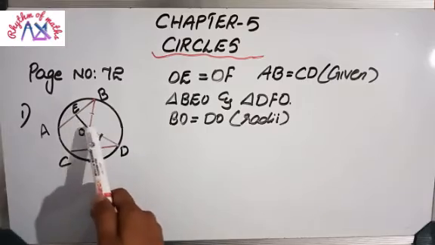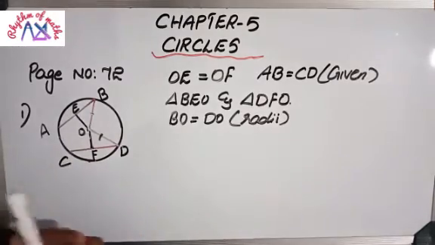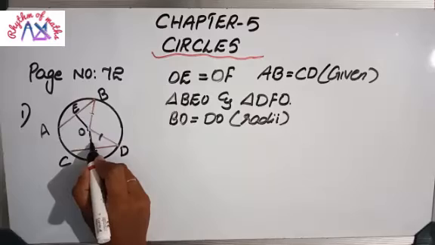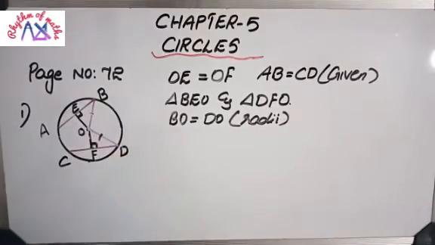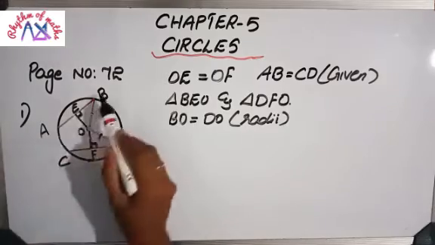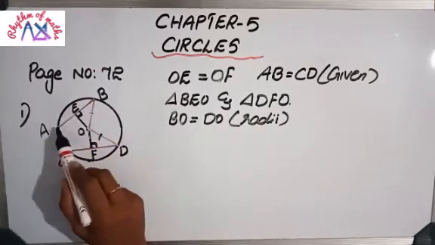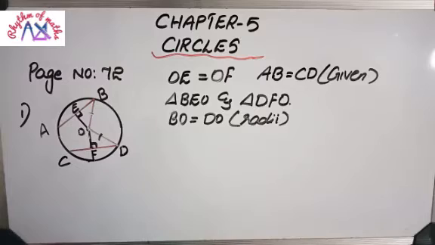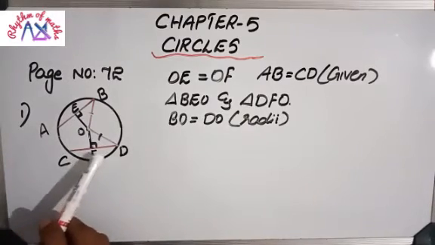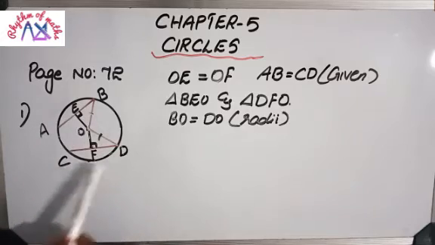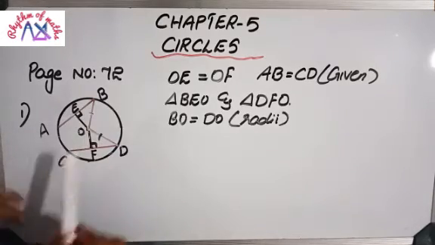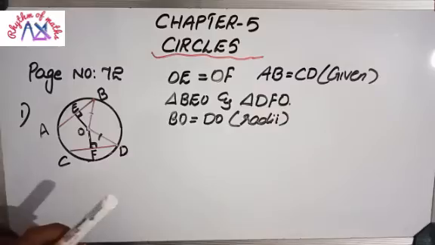Here OE and OF, these two distances are perpendicular distances. Perpendicular distance means 90-degree distance. So these two are 90-degree distances, which means AB is divided into equal halves, that is AE and EB. Here also CF and FD, these two are equal. So BE equals DF also. Total AB and CD already equal is given.